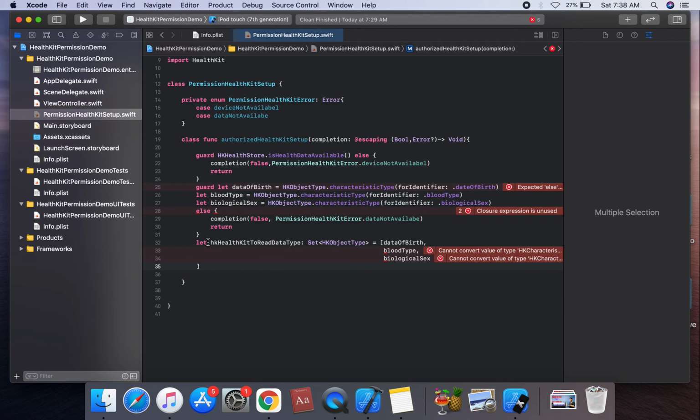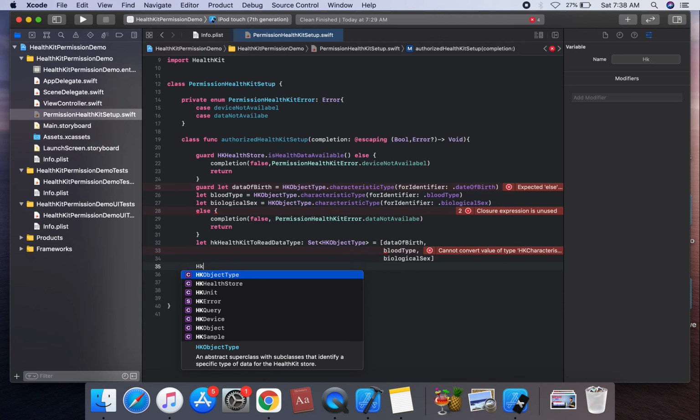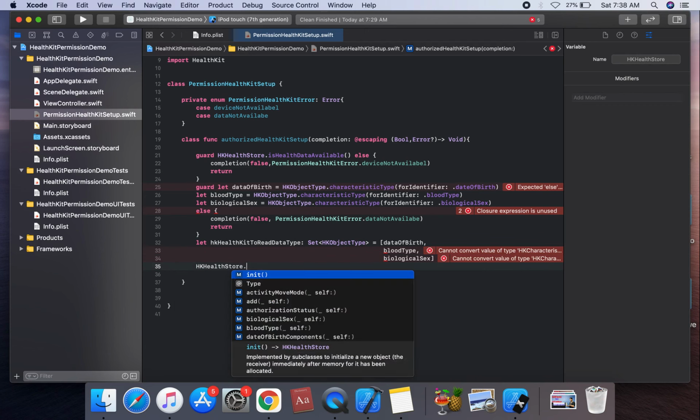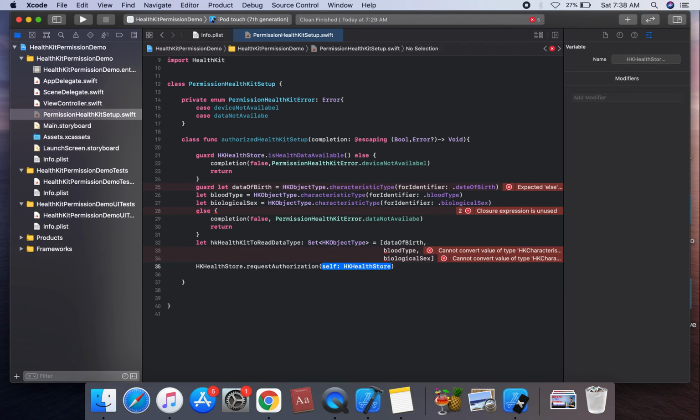So we're gonna call on this HK health store. We're gonna use the HK health store dot request authorization, this method request authorization, which is in type of HK health store type self. The HK health store read data, and pass on this request authorization.